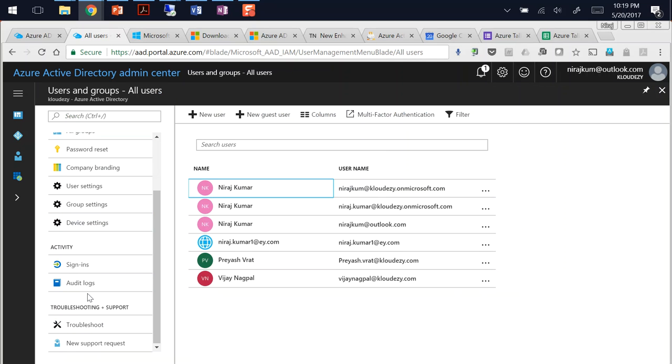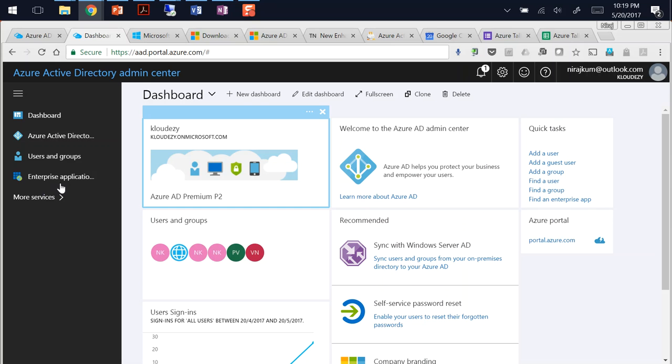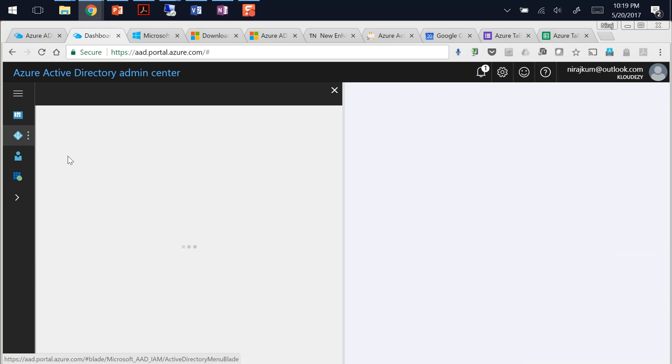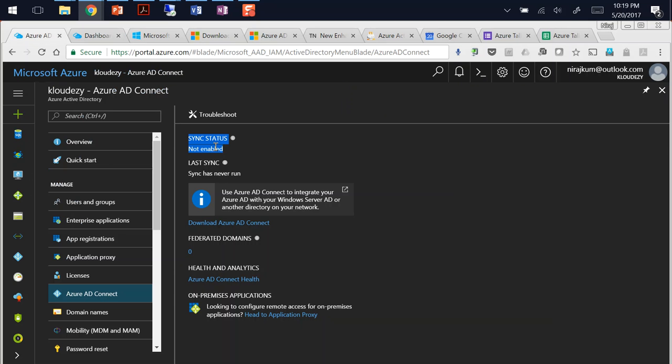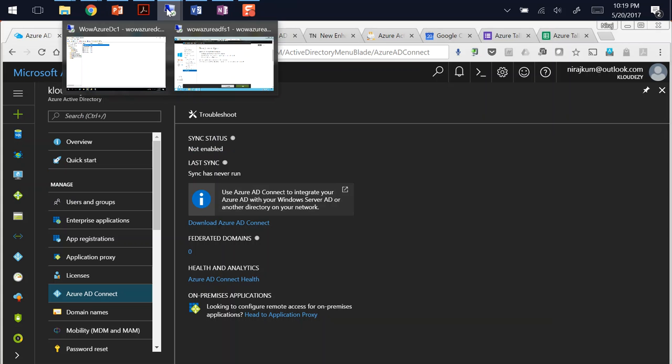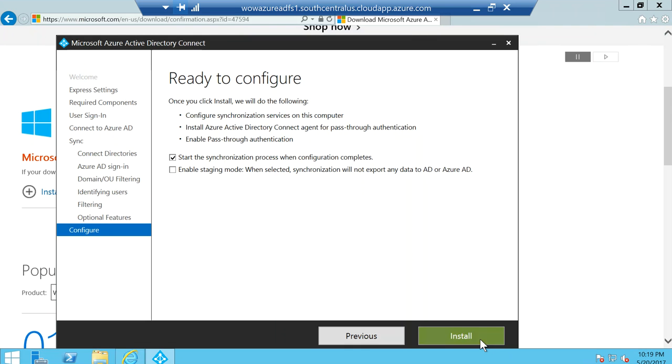So if I come over to this is my user, I want to close it, Azure Active Directory. Oh, maybe I can come back to my, yeah. So you can see that sync status is set to not enabled. Once we configure this setting on the member server, you will see that it will get turned on. So I say install,